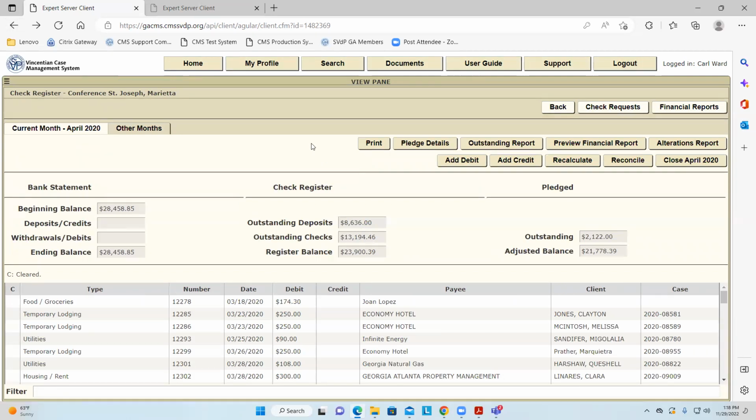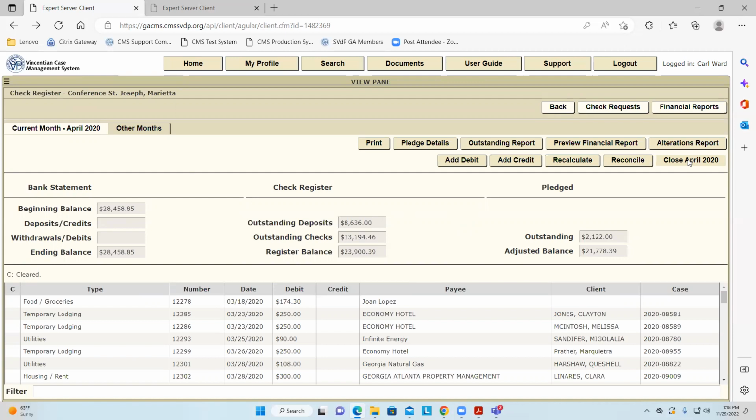So that is that. So we're going to do a close pretty fast here. We're about ready to close the month. We think everything looks good at this time. We haven't cleared any checks yet. So you see this button right here. It says close April. We're going to close the current month, April. So this could be May the 5th, May the 10th, May whatever.